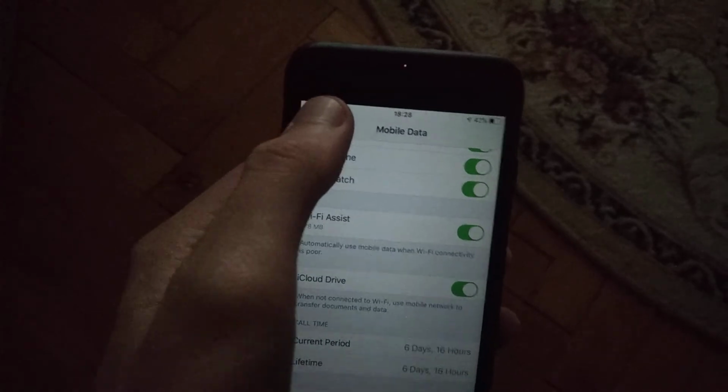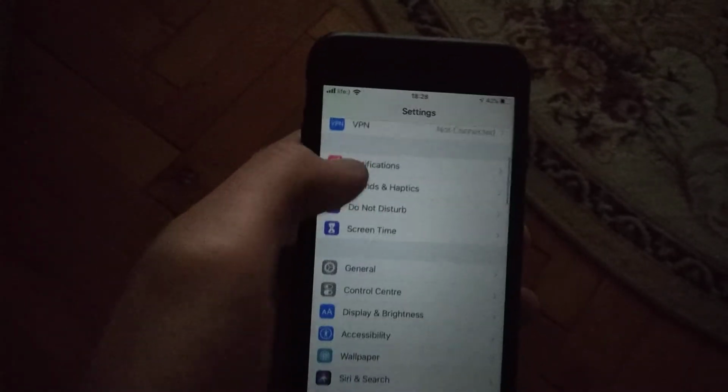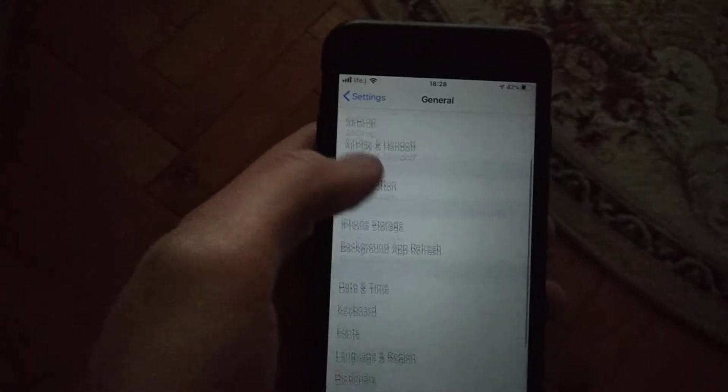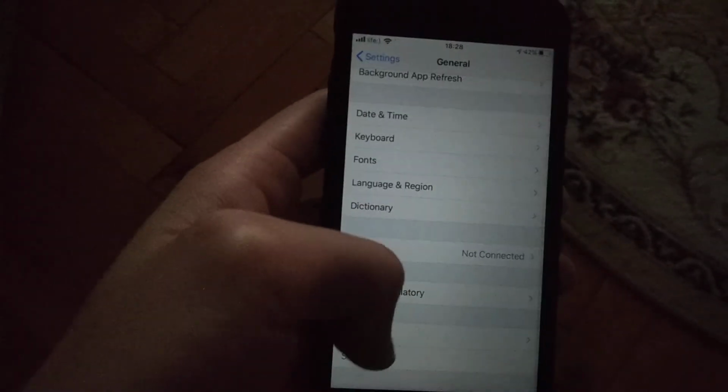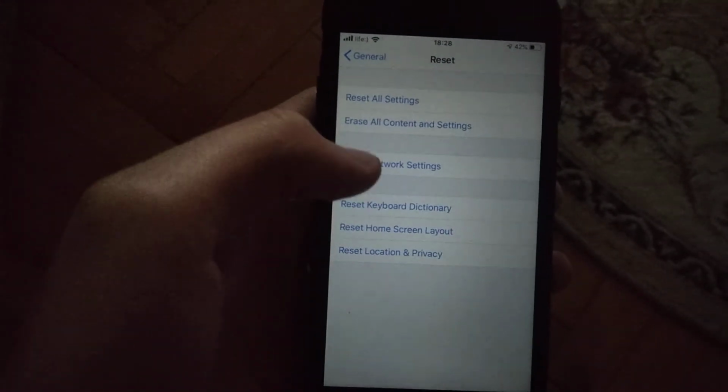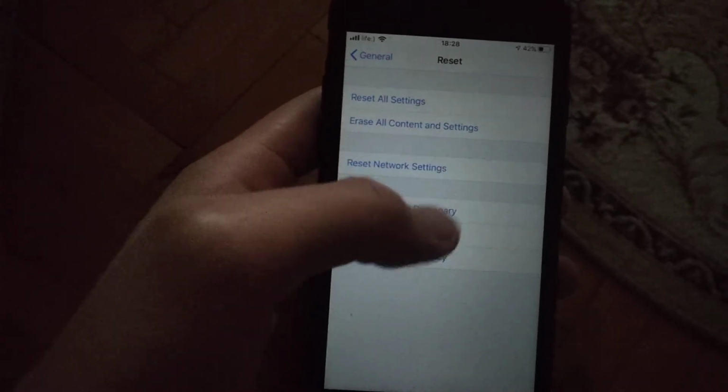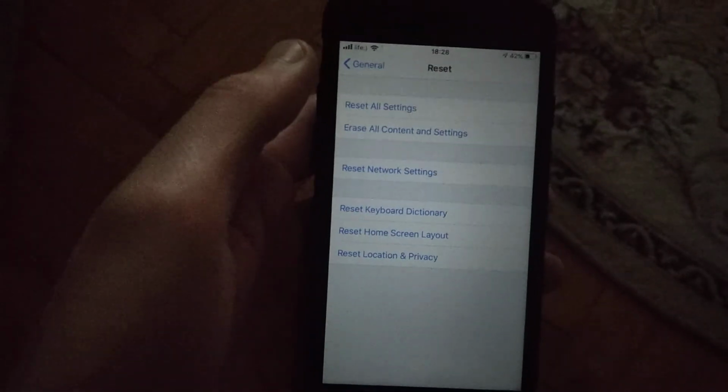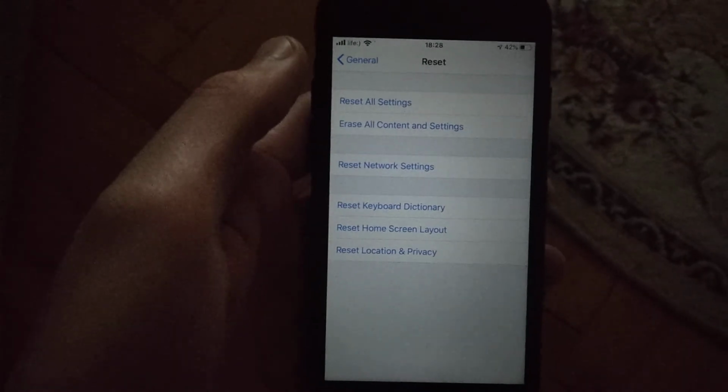And the last method you can also try is to go to general, and in general you need to find reset and try to reset network settings, and just click here and confirm resetting network settings. So I hope that one of these